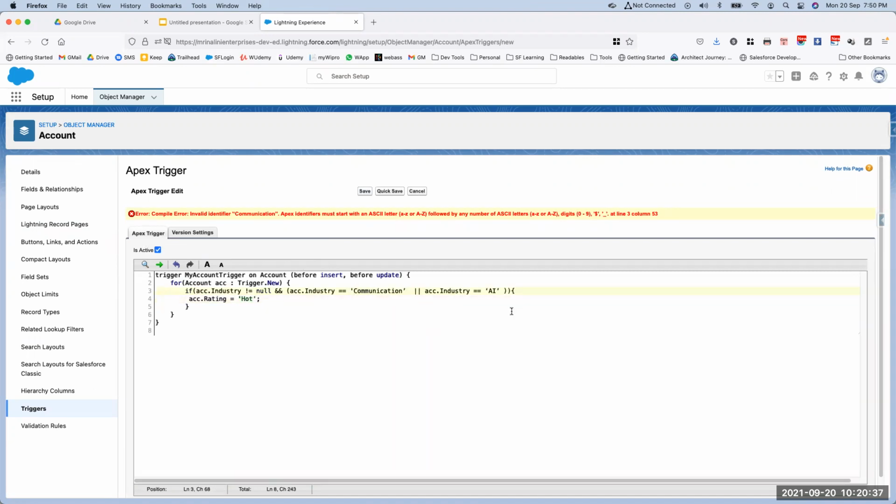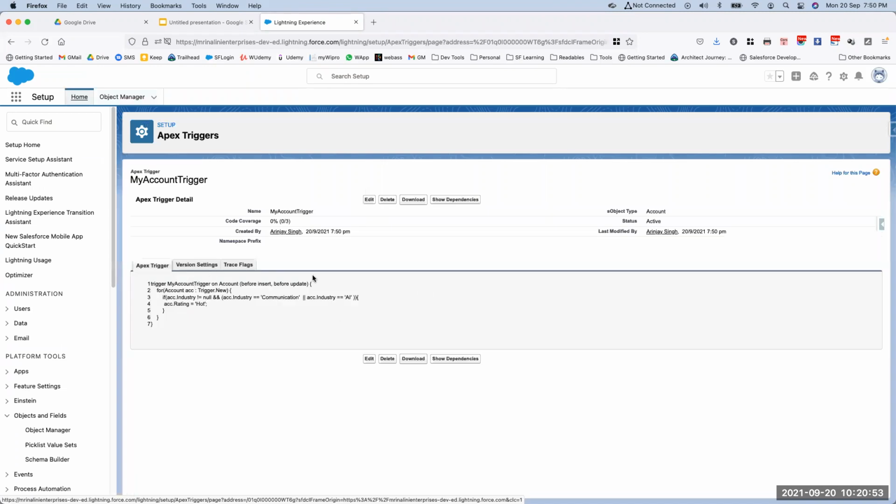As I've copied this text from somewhere else, some quotes are different there. So that trigger is saved and is active. Now I want to verify this.